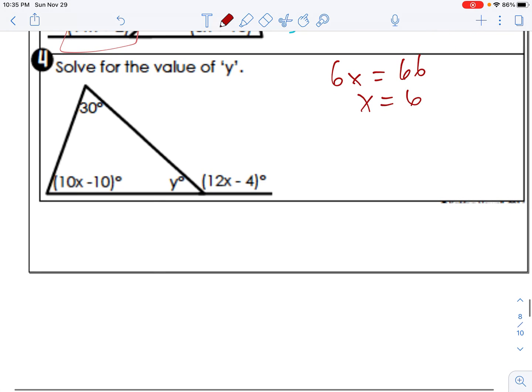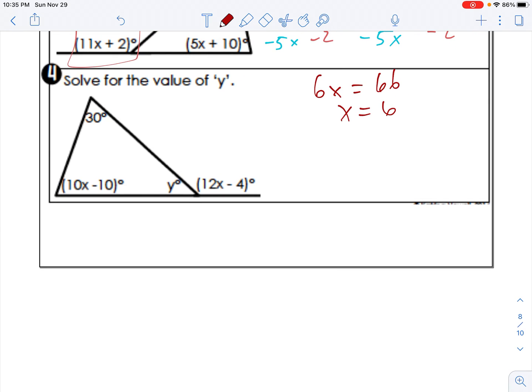Okay, our second equation here says solve for the value of y. So we've got to come up with a game plan here. That's the only value for y. We don't know anything about y. So what we're going to do is take what we just learned today and put it to use. We're going to take the outside angle